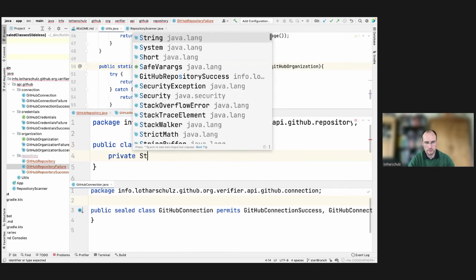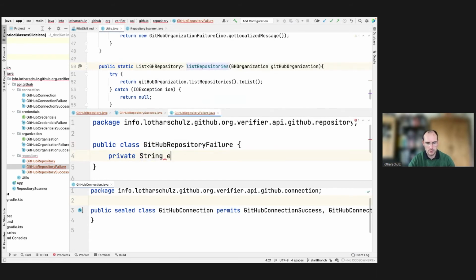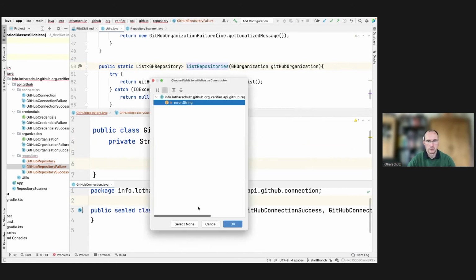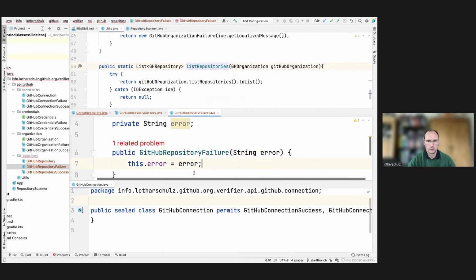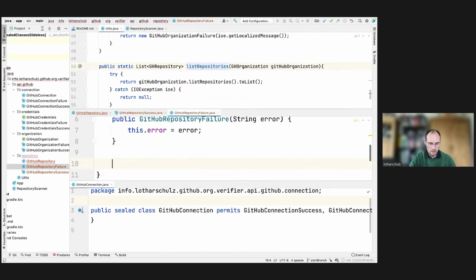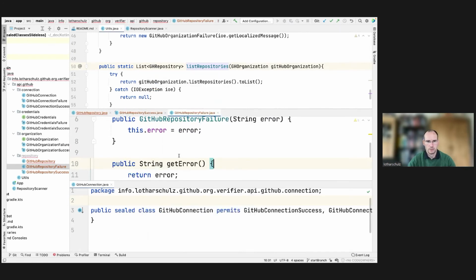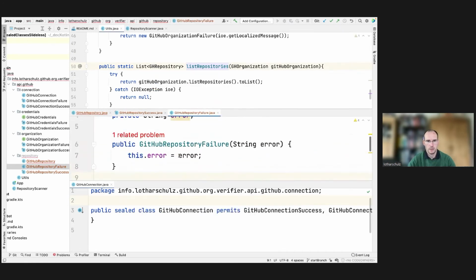Sorry, in Java we say first what the type is, and then we say what the label is. And now a constructor with the property and a getter with the property. Okay, good. That looks